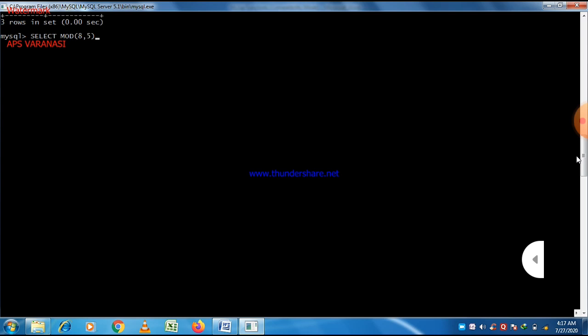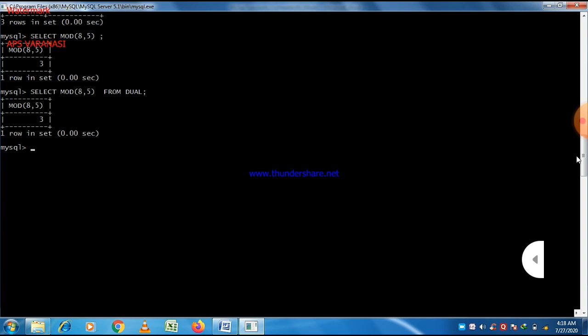As we know, the remainder is 3, but let us check it. Write a semicolon here, and simply 3 is the answer, you can see here. Now using the dual table, we just write select mod 8 comma 5 from dual. You can see that the answer is the same.